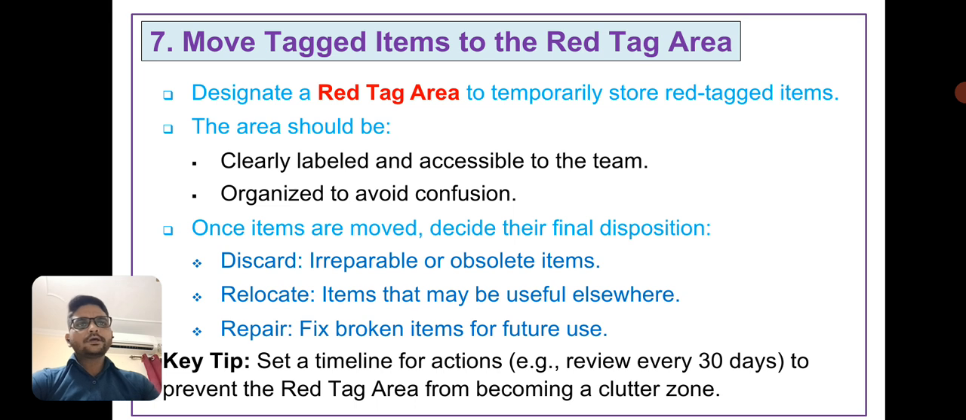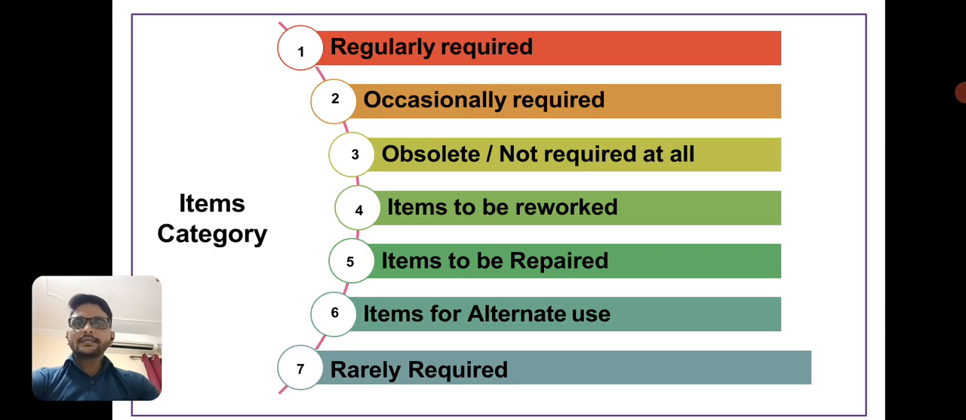And once items are moved to that area, decide their final disposal, like discard, relocate or repair. And for this we need to set a timeline for the actions, meaning once in a month, or once in 3 months, or once in a week, to prevent the red tag area from becoming a cluster zone. Next, what are the item categories, meaning items required regularly or occasionally required, or obsolete, not required at all,